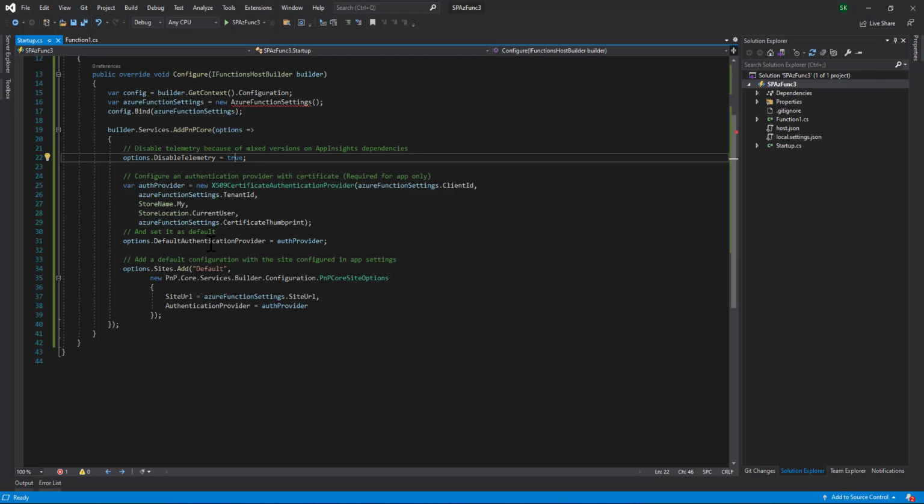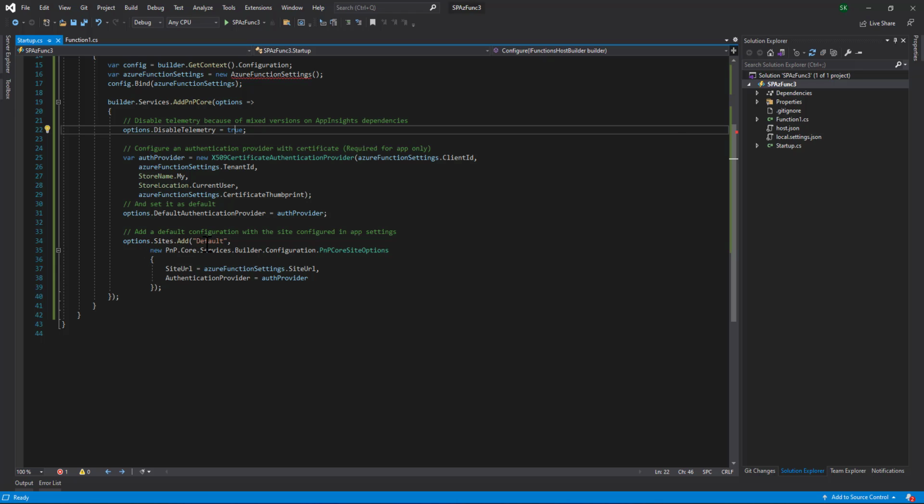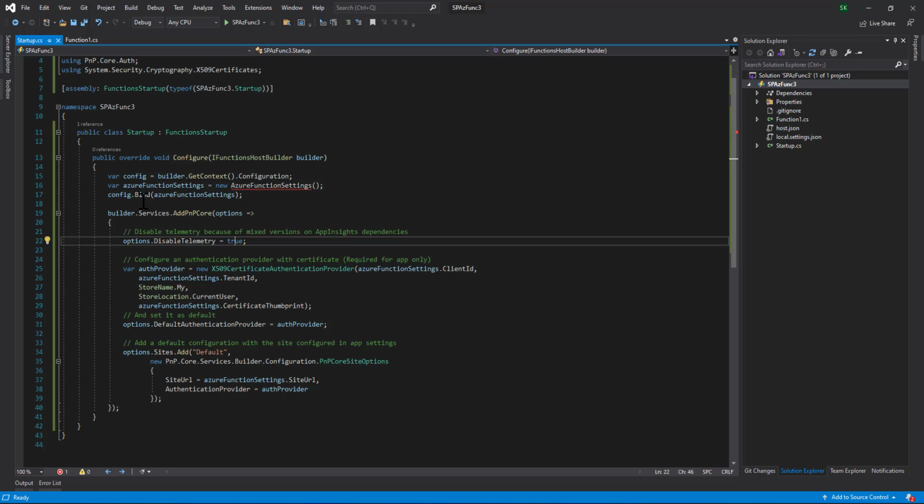But in order to run locally, we have already uploaded the PFX file locally, so this is where we configured it. We will set this default authentication provider, and we will also add sites.add default, and the site URL we will get from the local.settings.json. This is the default boilerplate code which you can get from the PnP Core site.